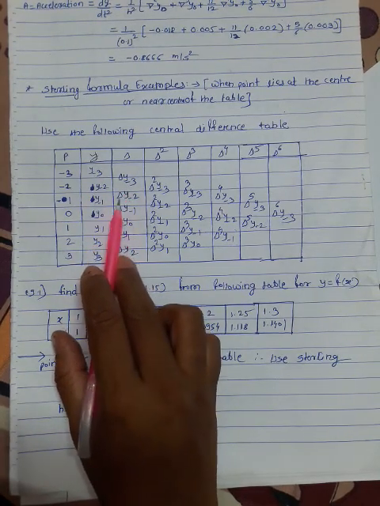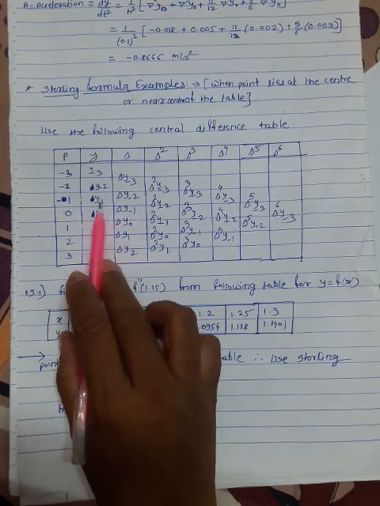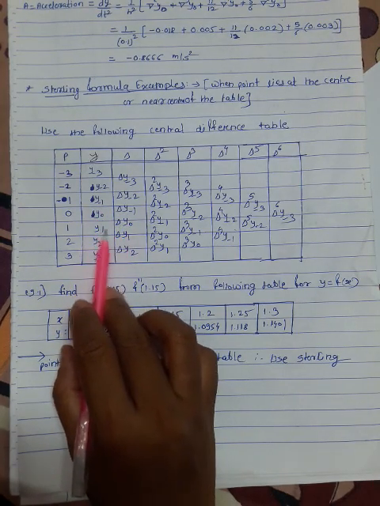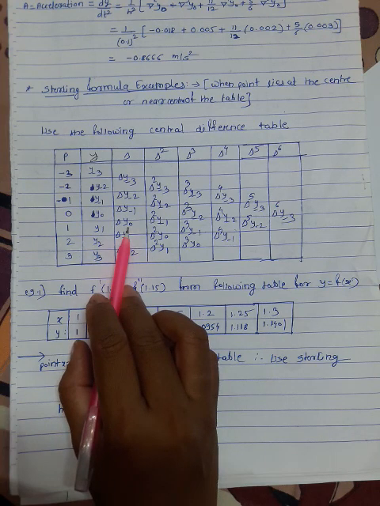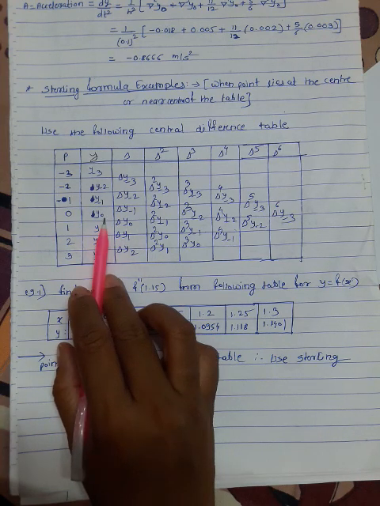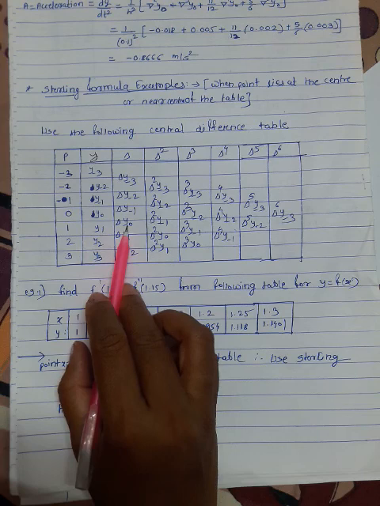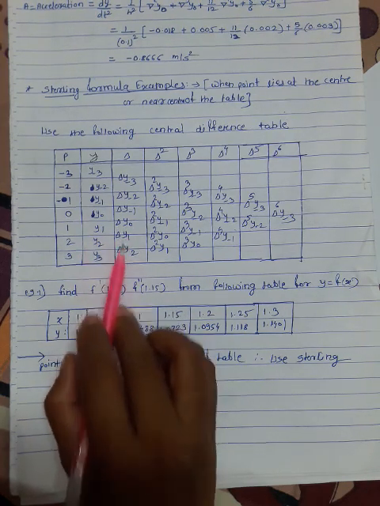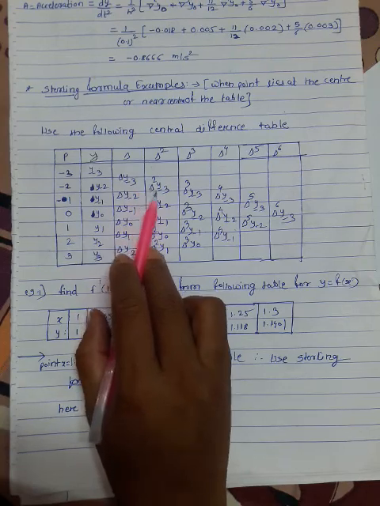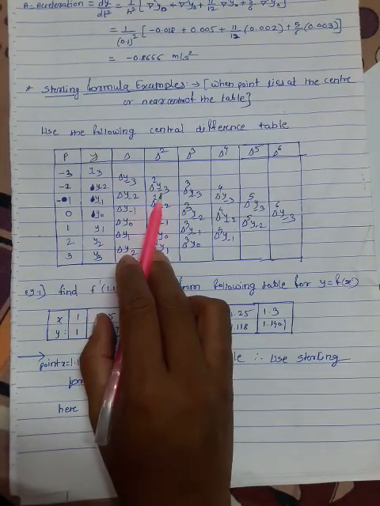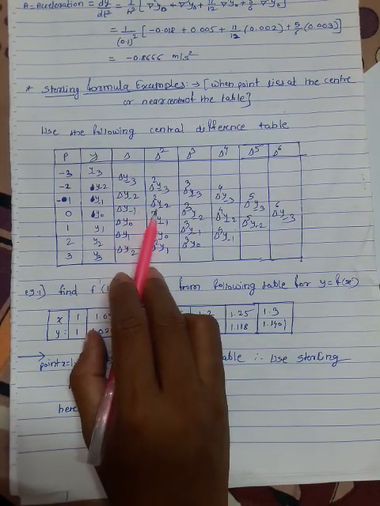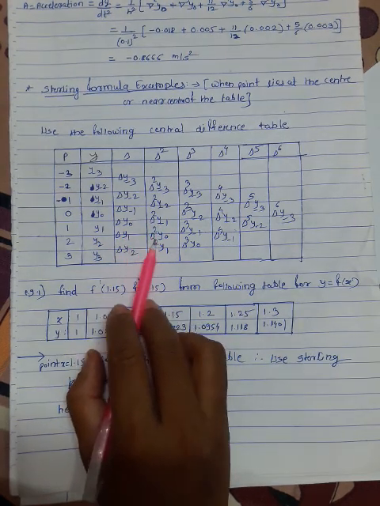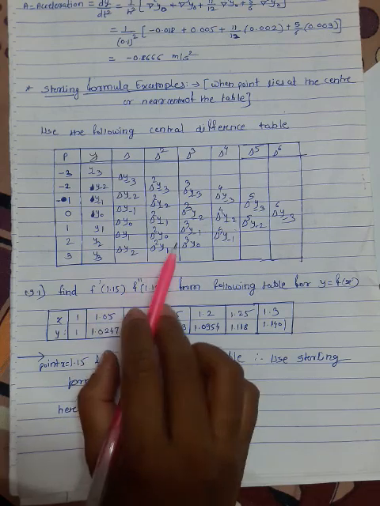that is del y -3, del y -2, del y -1. Whatever number lies in between these two numbers becomes the suffix; we take it from the upper number for that del value. That's why it will become del y naught, del y1, del y2. Then del square y suffix -3, del square y -2, del square y -1, del square y naught, del square y1, and so on.